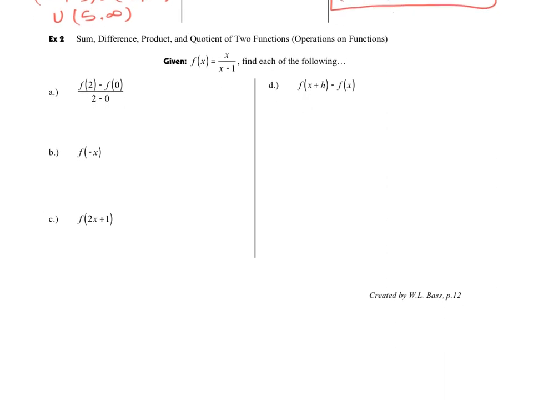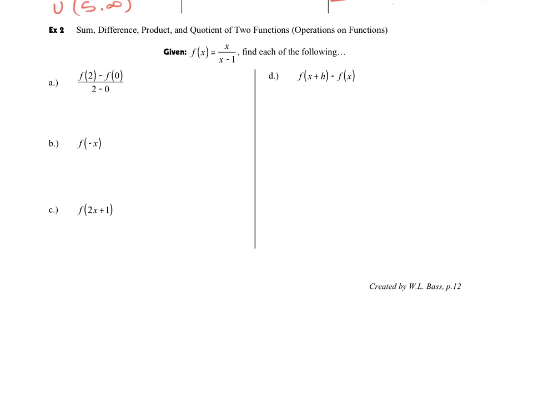Now, totally switching gears, let's take a look at some function operations. Our first problem here is leading us towards some processes that we're going to do in our next section. So we are going to evaluate our function at 2. We're going to evaluate the function at 0, and then the denominator is just going to be 2 minus 0. So I'm just going to take that 2 and plug it into my actual function up here, this f of x. So my f of 2 would give me, just showing all my steps,